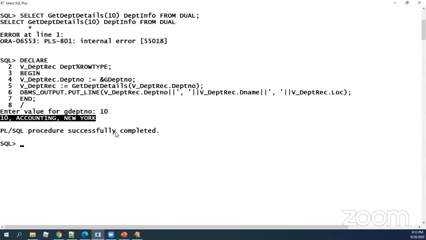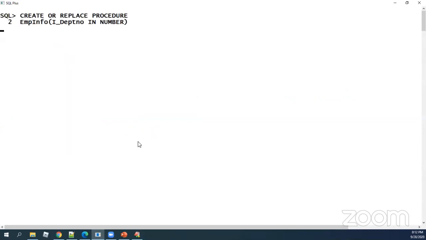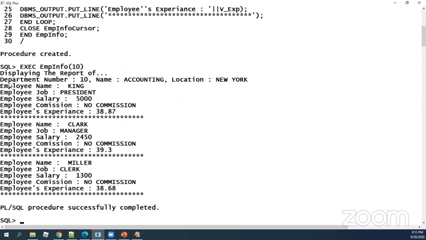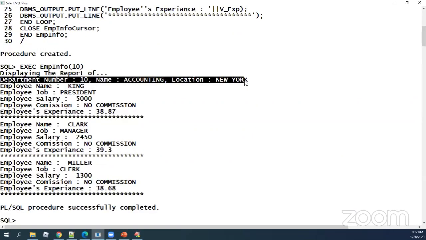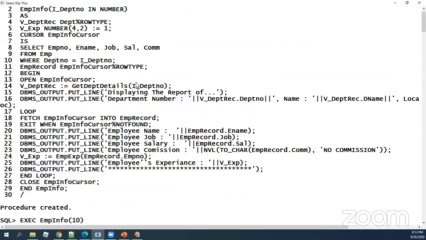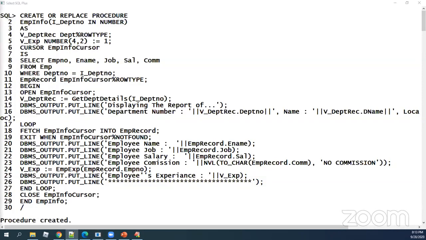See, once you start writing your fundamental code, technically I can tell you it's not going to be that difficult if you can seriously follow through the process. I'm saying emp info procedure, the corresponding department number. So this is my percentage row type that is returning, and here my employees' experiences are getting calculated. So putting your code into the line of practice is purely in your hands.